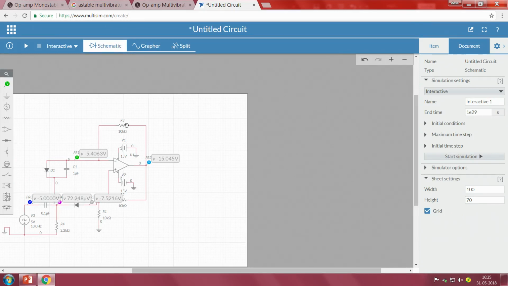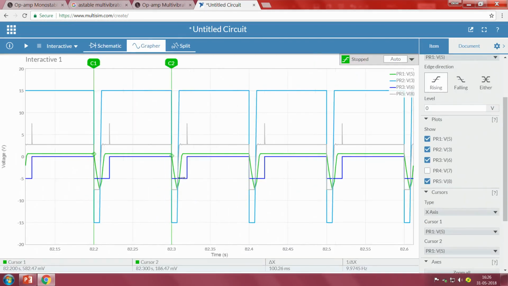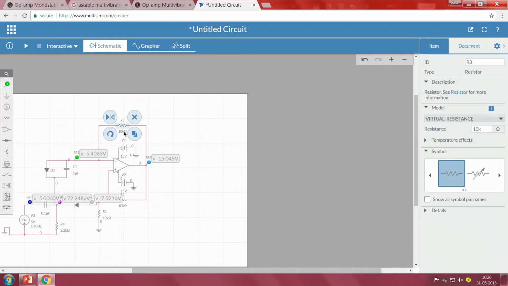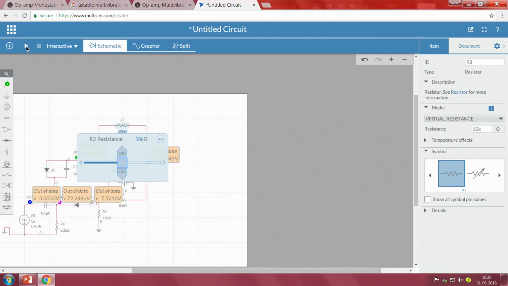Since it is a 50K, the discharging rate will be a little slower, because the load value is larger, so it takes more time to discharge. Since it takes more time, we can see the change in this particular width. Now this should increase, because the capacitor will discharge very slowly, right. So right now the value is somewhere around 6.8 milliseconds. Now it will be even more.